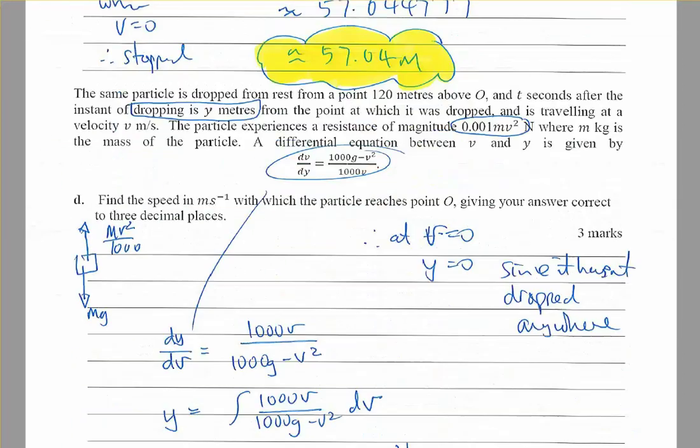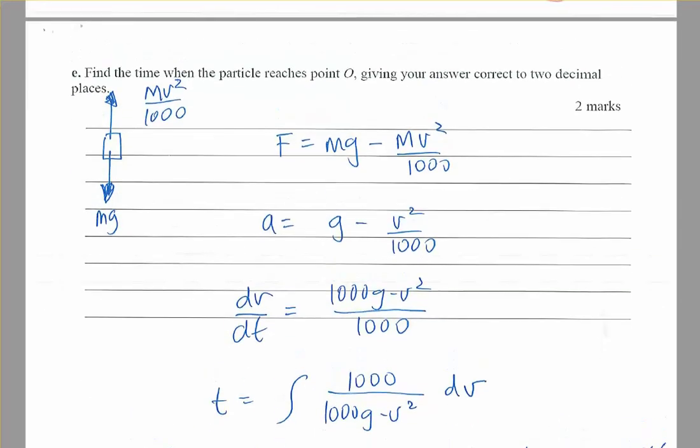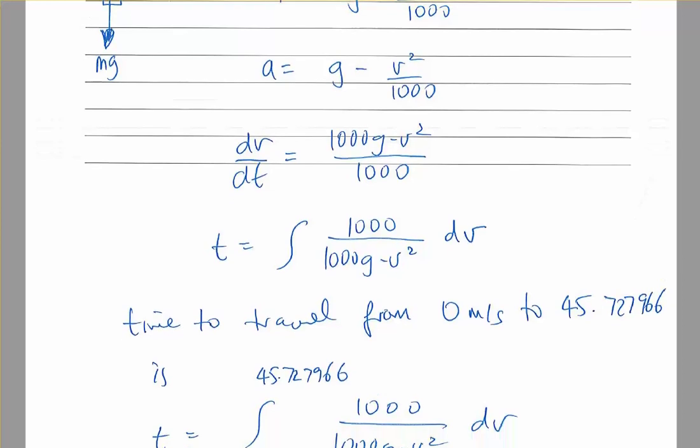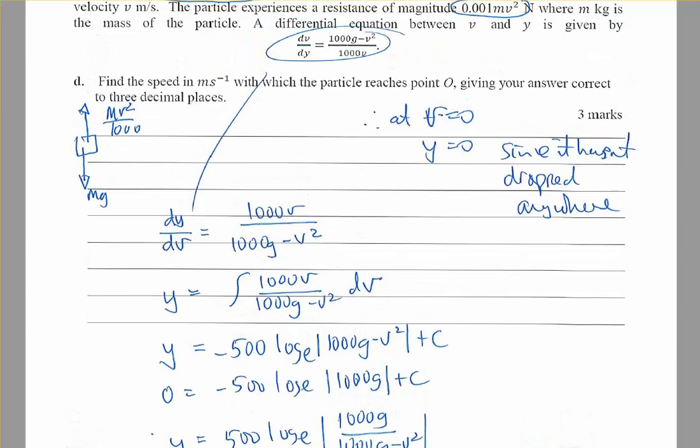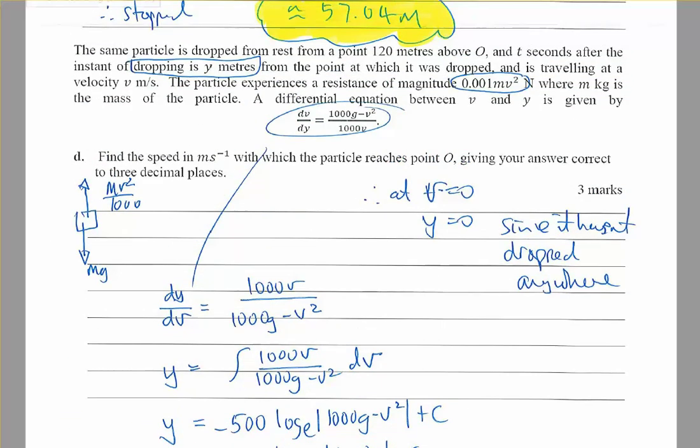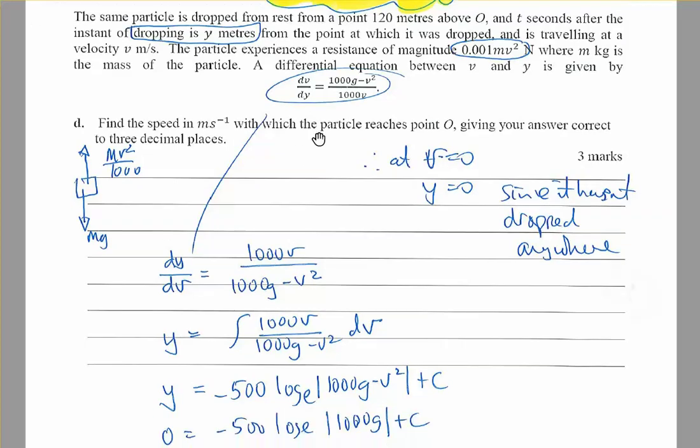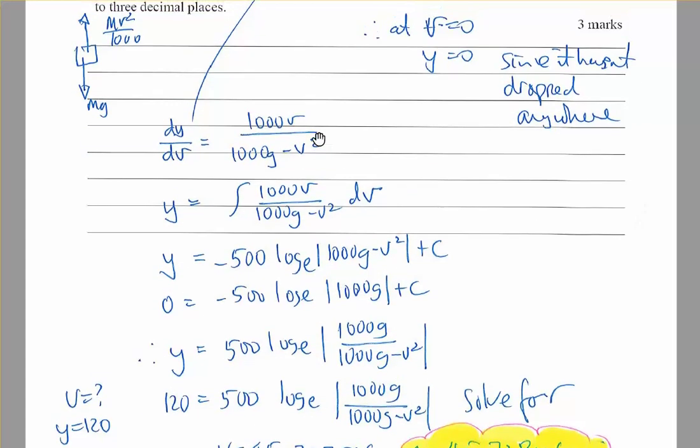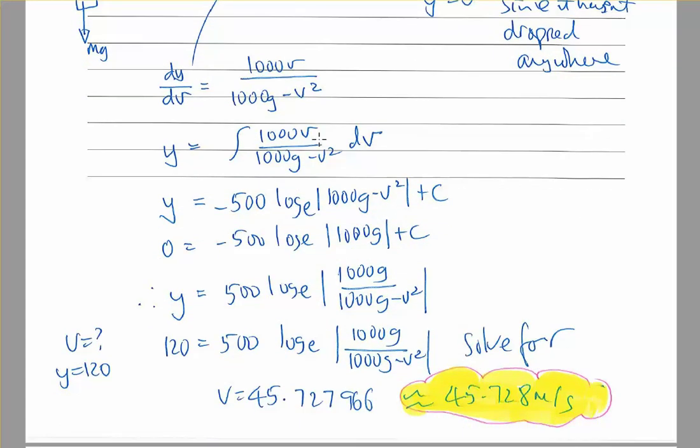So if I go down to 5D, I've got this situation where the particle has been dropped from rest, and it's in terms of y, and it's falling from 0 down to a point 120 meters below, and it's asking me about velocity, and I've been given an expression dv dy, and I do some anti-differentiation and I work out that my final velocity is